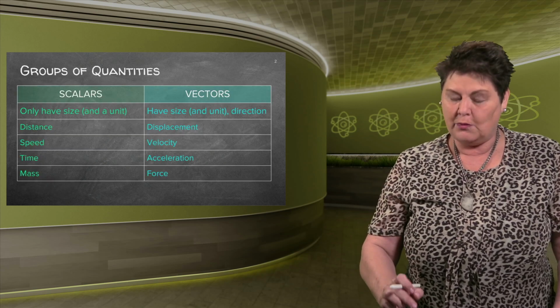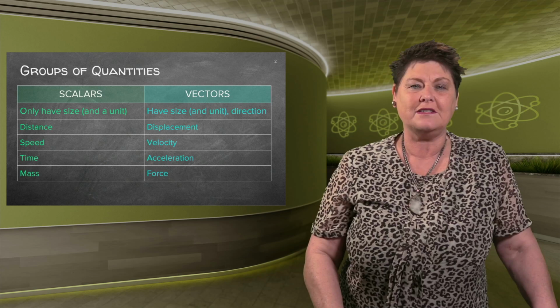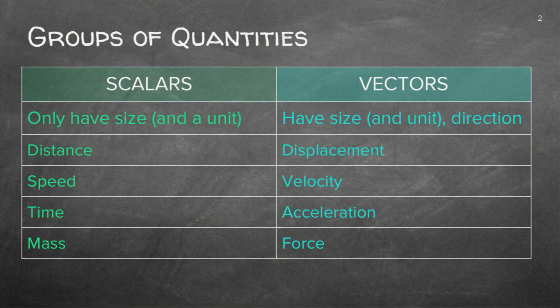So let's quickly have a look at the scalars and vectors that we did. The main difference between a vector, remember we said it's v, would be the direction. The direction we indicate with an arrowhead. Scalars only have size and a unit: 2 seconds, 15 degrees Celsius. It doesn't really indicate in which direction because it doesn't matter. But a 5 Newton force pulling something to the right or pulling something down would make a huge difference.